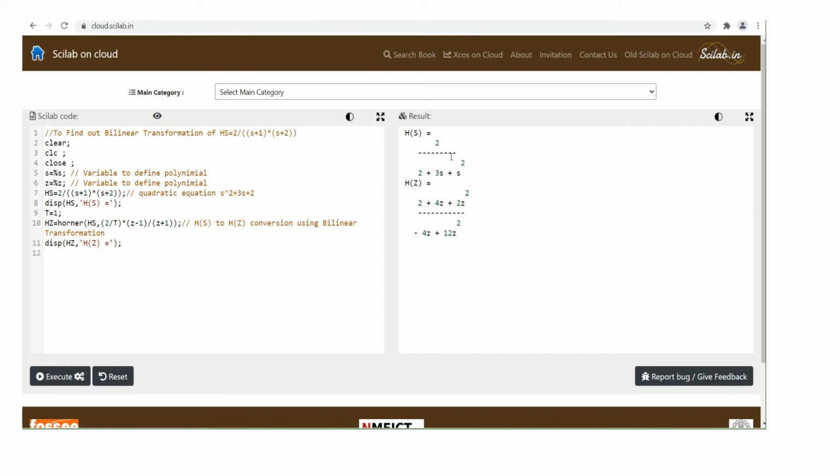So here we have our h of s, same as that of the impulse invariant method. Now our h of z is different because we have used the bilinear transformation technique, so you can make changes, you can go for a different type of function also. See, if you make a change here, let us say we include a third pole, that is s plus, let us say, 3. And if you execute this,